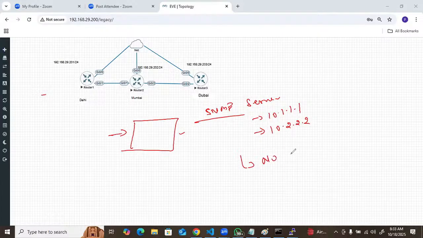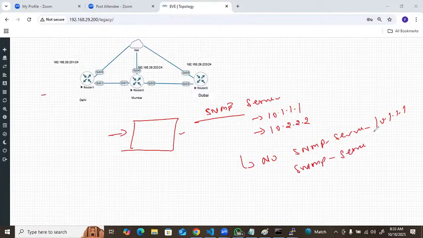First you are using no snmp-server 10.1.1.1, and then you are going to configure the SNMP server 2.2.2.2. That will be done, right? Might be in the SNMP configuration you miss the N. Suppose it's a typo error.